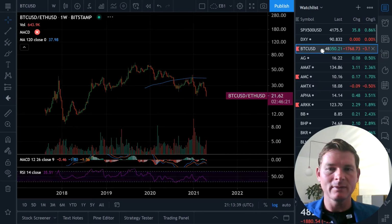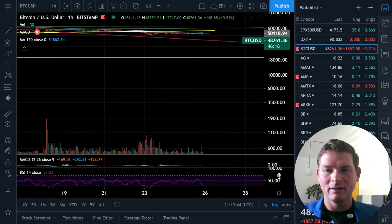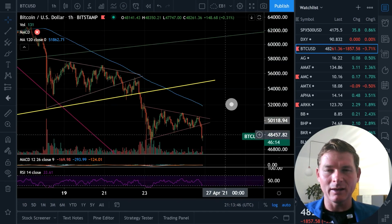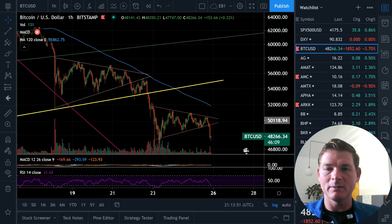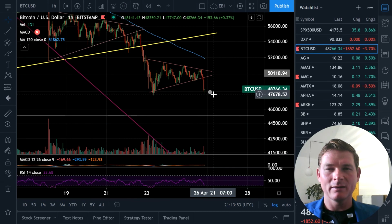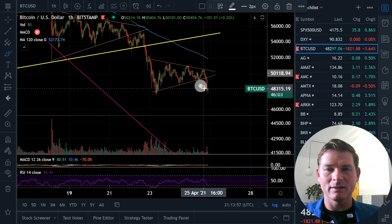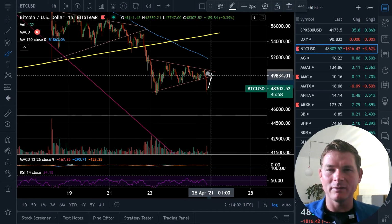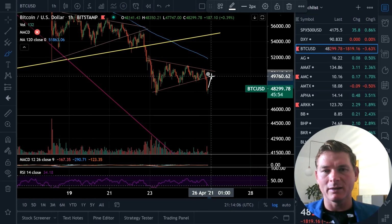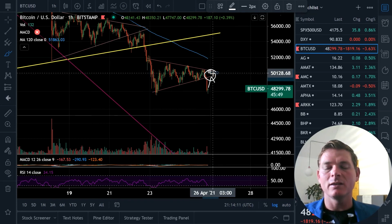All right, let's go back to the Bitcoin chart. One last look, one last idea. Okay, so probably we did it already. Probably we just bottomed on this breakdown, and now what we want to see is, whoop, not that. We want to get back up here to 49,834 or whatever. We want to back test this bear flag, and that's the perfect technical trade entry for an